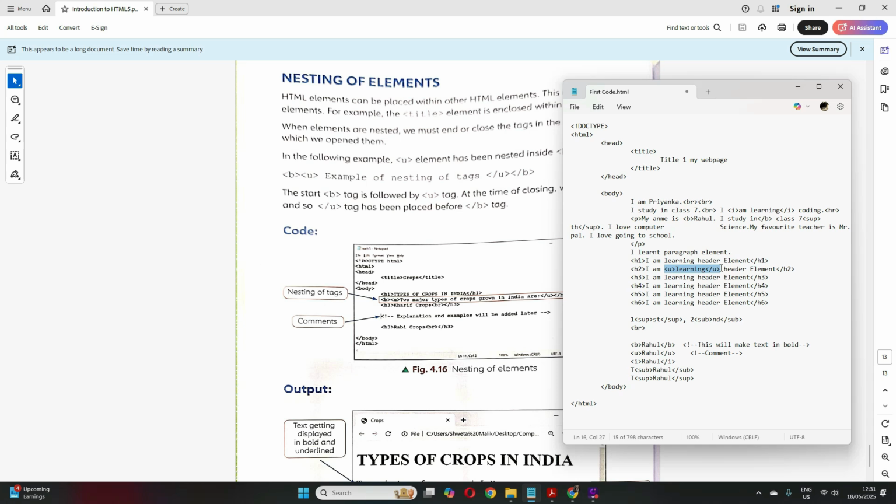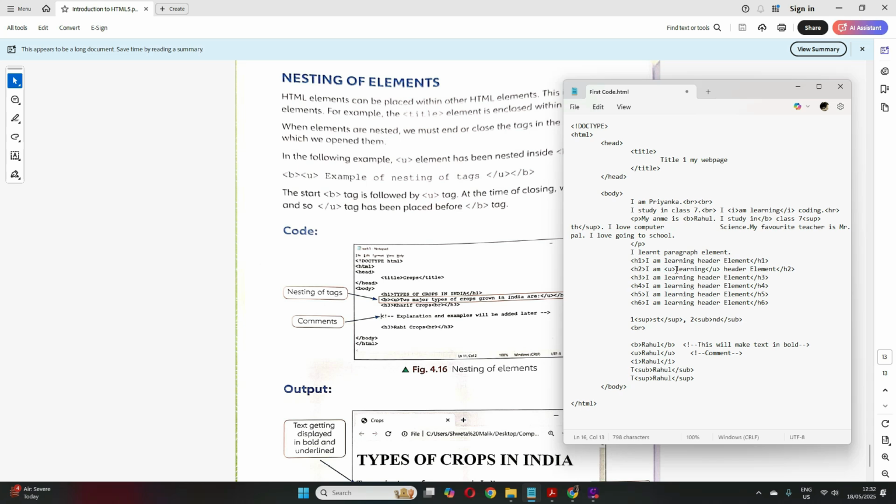Okay, but remember one thing, when the elements are nested, we must end or close the tags in the opposite order in which they are opened. Now see, here H2 is opened first, then underline is opened, correct? But when you are closing, it has to be in the opposite manner.